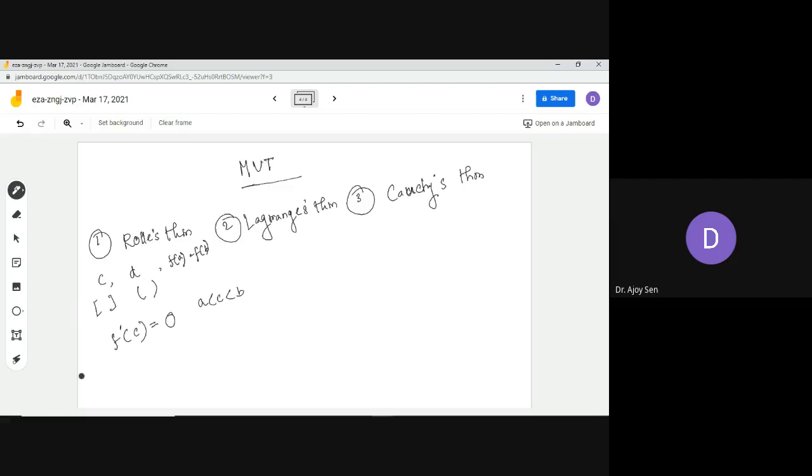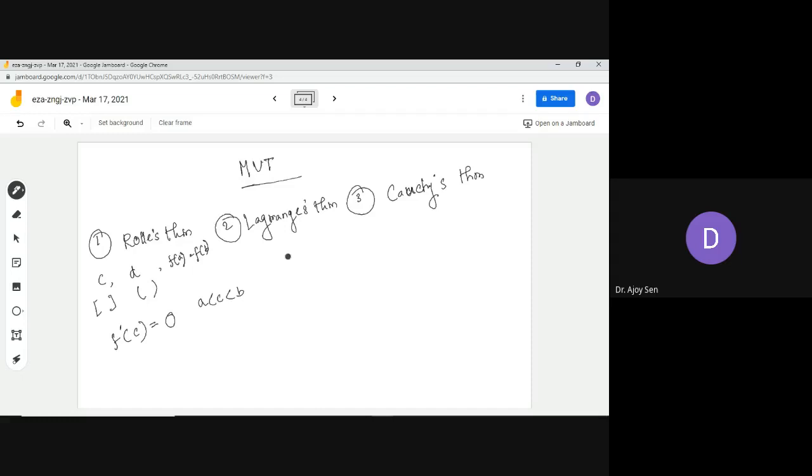And then Lagrange's theorem generally comes and they ask you to prove it. Actually this is a very simple theorem and a very simple proof. Both Lagrange's and Cauchy's theorem are very simple to prove. If these proofs are not covered in your lecture, please go through the proof in your book. They are just a normal extension, or a simple application, of Rolle's theorem.